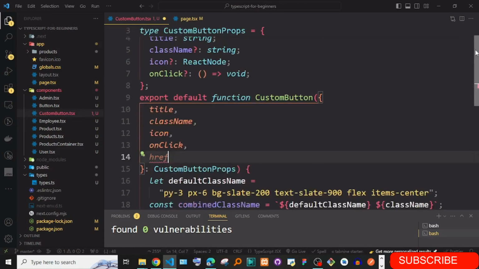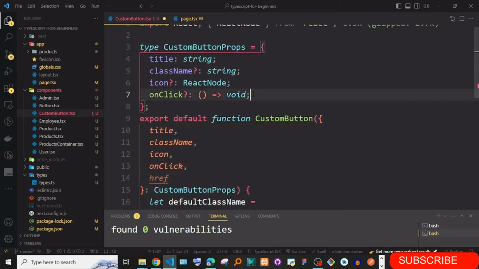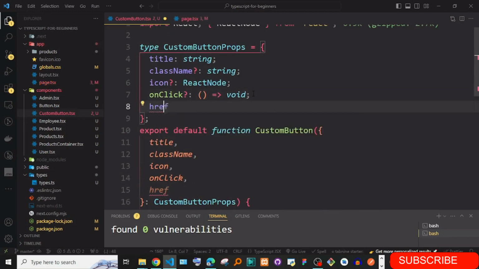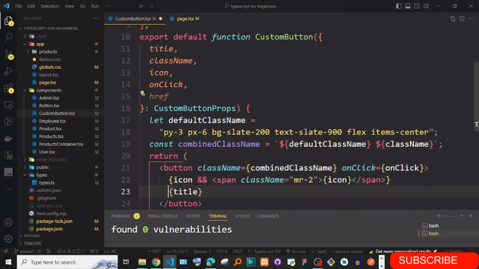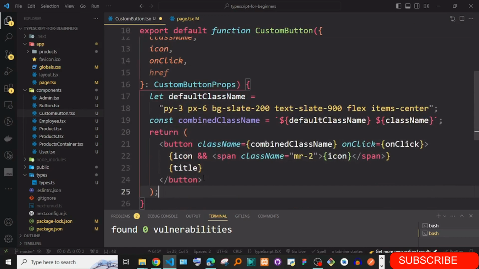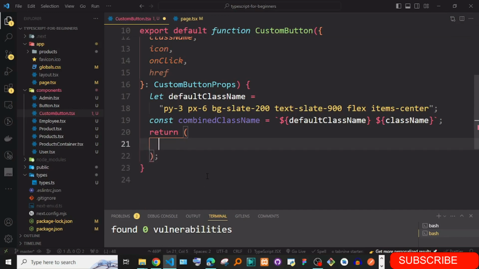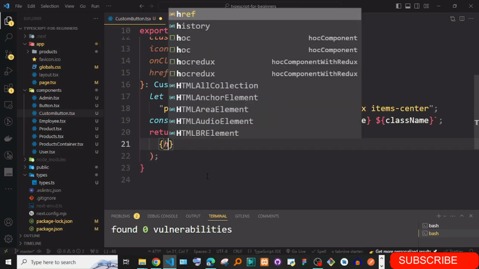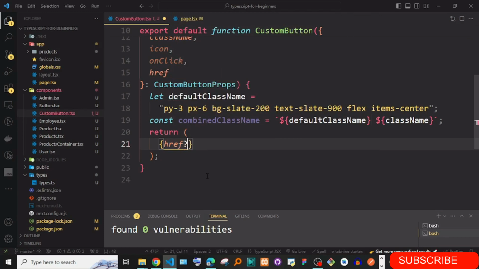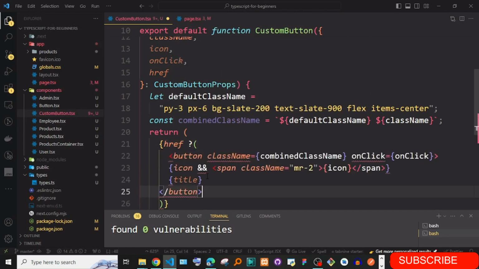and I'm just going to go on the props and add href. So you can just say href, and this can also be optional, and this is going to be a string. Then we pass it in here in the props, and then we can check if it is true. So here I'm just going to say if href is true, then we can give